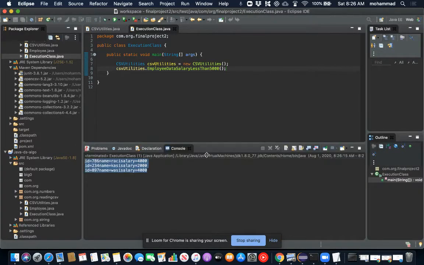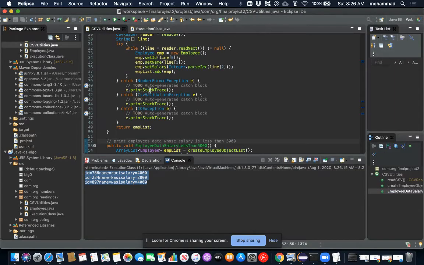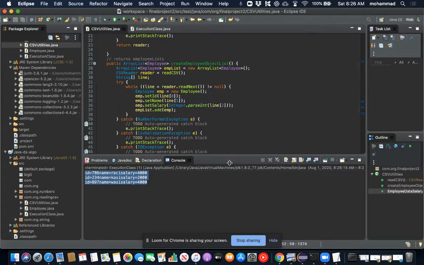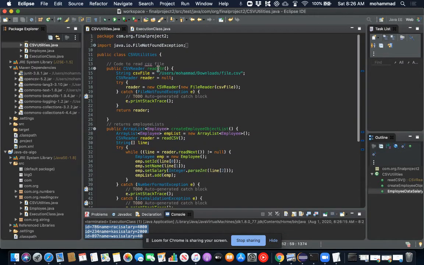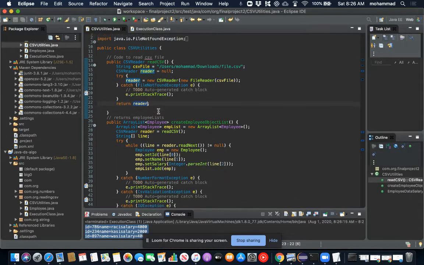To give a summary overview of what we did, in the previous video, the one that we started with, we had one function which was doing 3 tasks, but that is incorrect. We should not do something like that in Java coding. We need to have separate functions for separate tasks. To keep in mind, one function, one task, or one task, one function. What we did, we created 3 functions. Read CSV. It just reads the CSV file and returns the object which has the data.